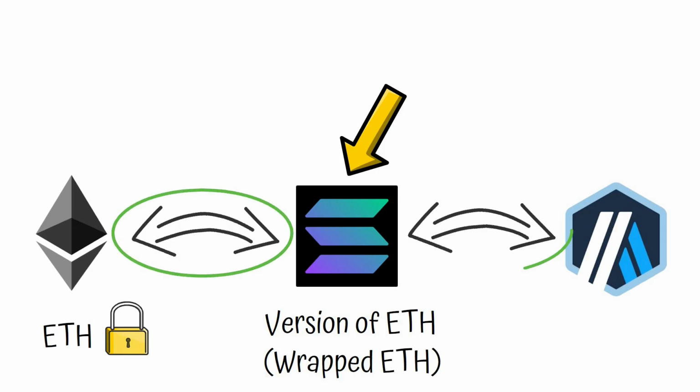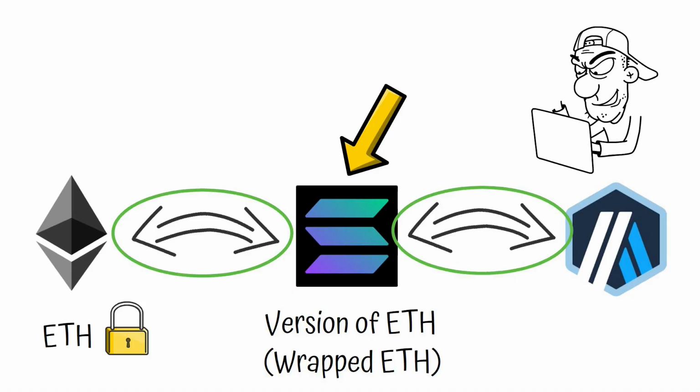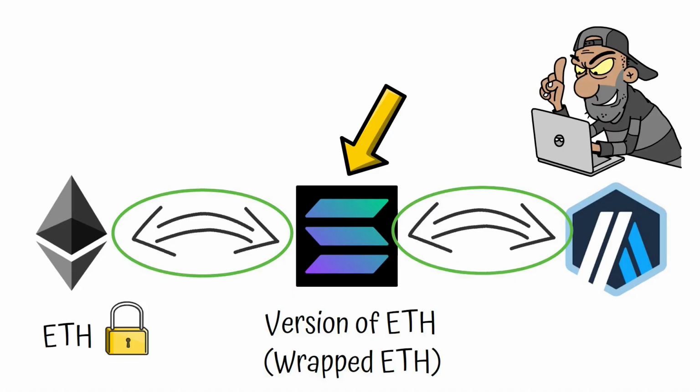Bridges are essential for seamless multi-chain experiences, but have proven to be high-value targets for hackers. Many bridges have suffered hacks in 2024 and 2025, so always pick trusted ones, like the official Arbitrum bridge.